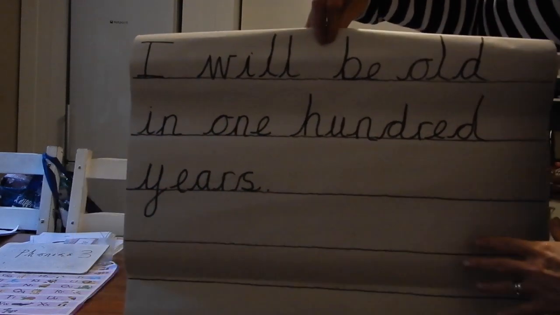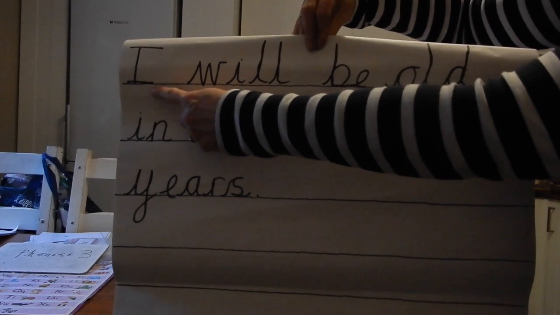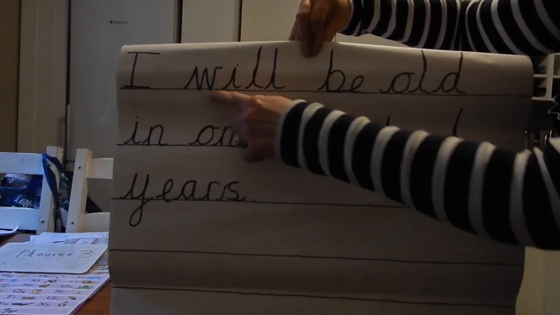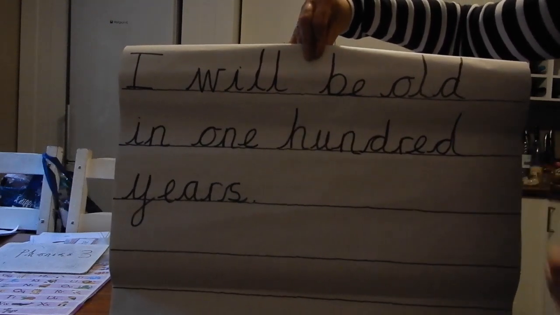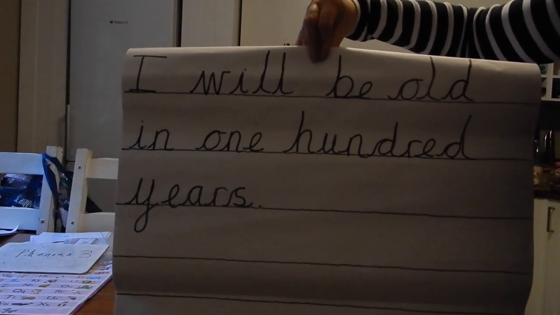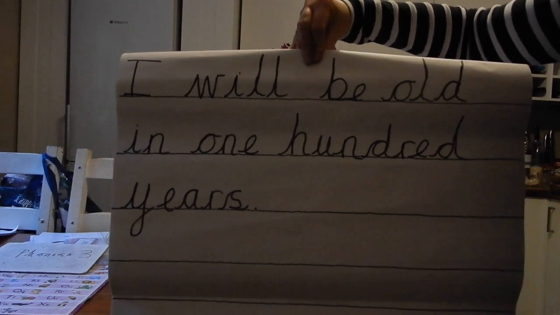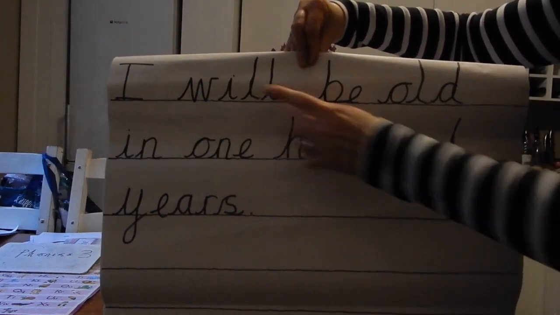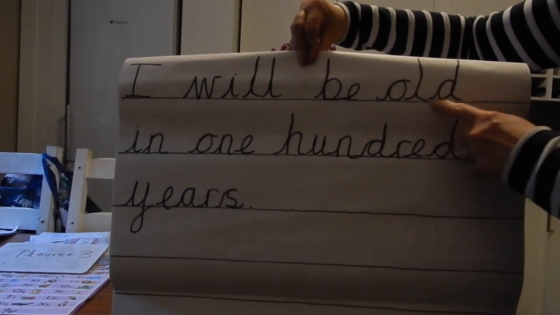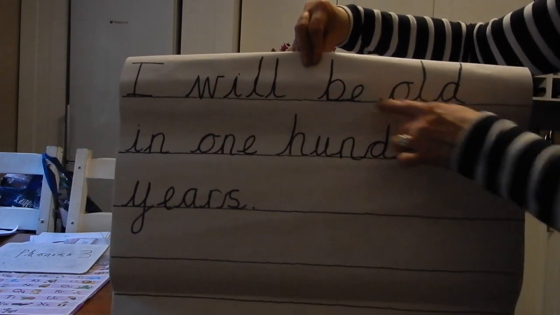So, I have got the common exception word that we all recognise, I. Then I've got three sounds in this one with a digraph at the end. Will. Don't forget, if you don't have to blend it out with your voice anymore, you can probably blend it quickly in your head and just say it as a whole word. Then start doing that at this point in the year. That is absolutely great. I will be old. I will be old